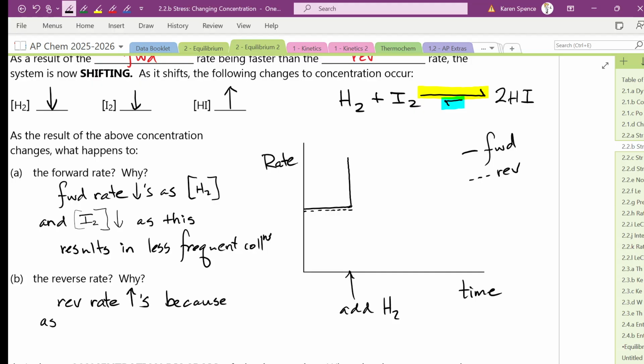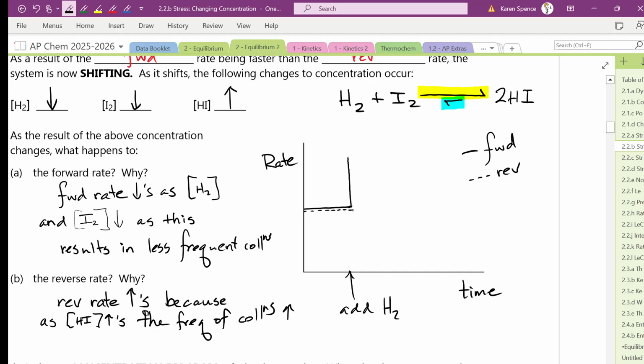Anyone want to tell us? The reverse rate increases because? Yeah. As the concentration of HI increases, the frequency of collisions increases, because always bring it back to collisions. All right, and so